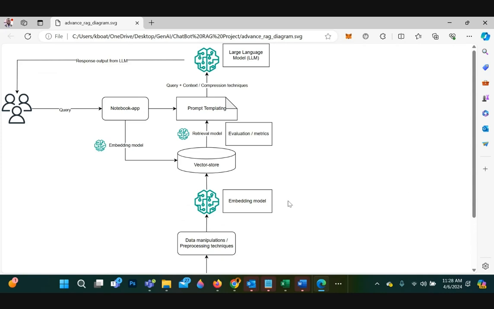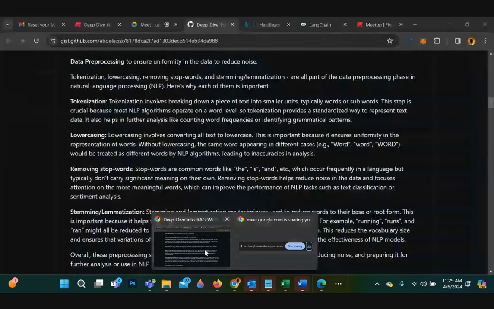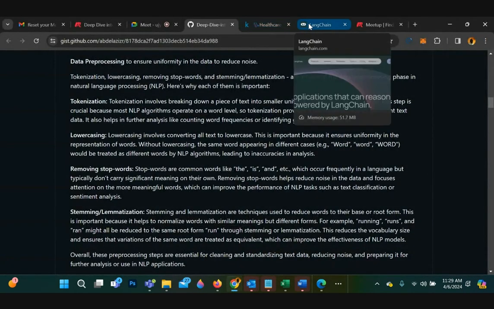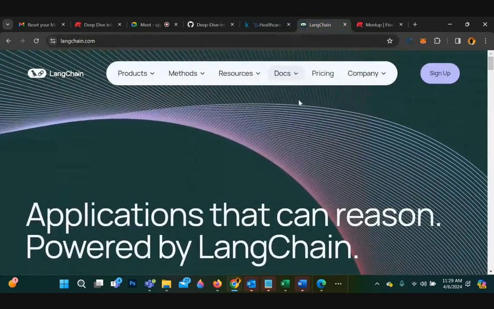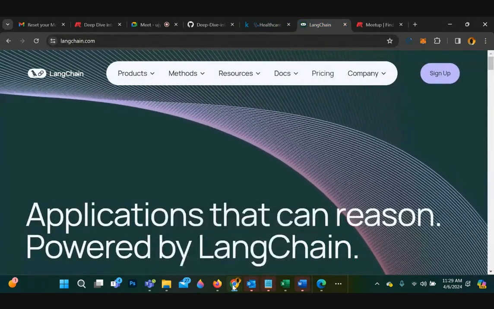So any questions on this architecture? Or we're moving into LangChain. Yeah, I think you can. There's nothing in the chat, no question in the chat. So. Okay. Well, let's see where we are. All right. So now,